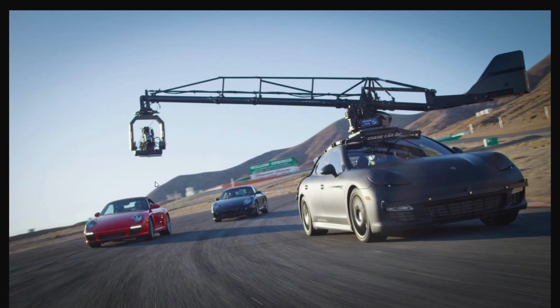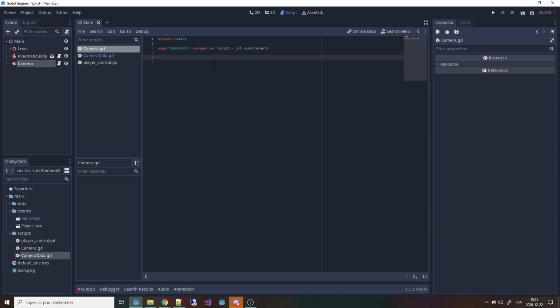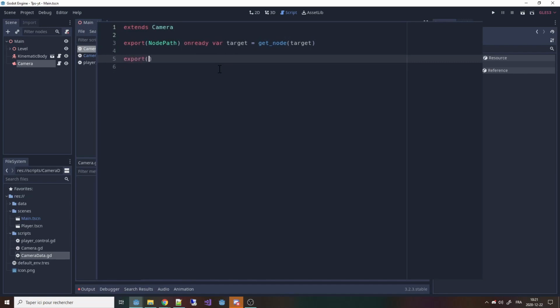Not necessarily straight in line with the pole that's hooked to the character, or not necessarily always straight forward. Now, this could be another rotation, actually, but in my experience, it's a little bit easier to think about it as just a point you want the camera to look at. Now, once I have this, I can go back into the camera script and then I can add another export